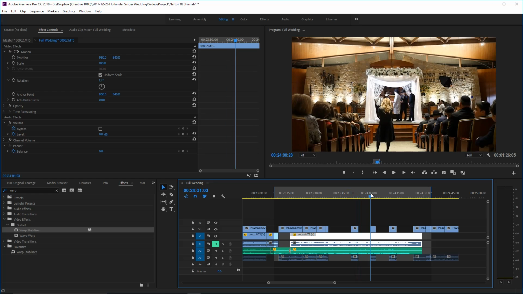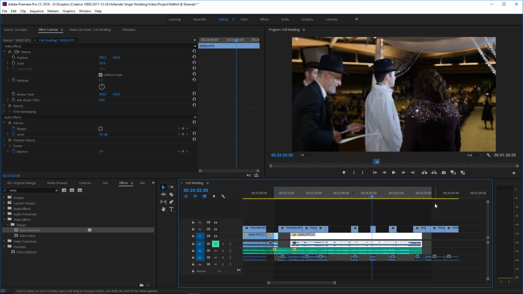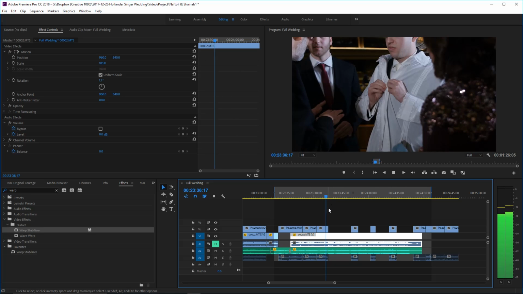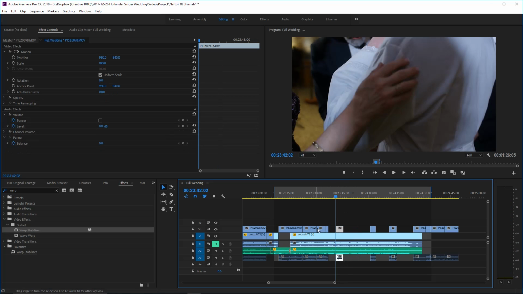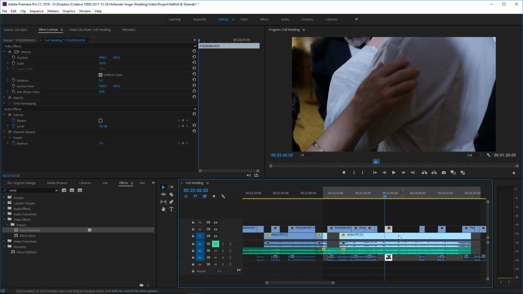Alright, and now we could put in... We just got to make sure that the things actually work, so... Let's see. Okay, so right over here, the groom begins to turn around to face the crowd, so after that point we can use shots of him facing the crowd. Before that, we kind of need to stick with shots where he's facing away from the crowd.